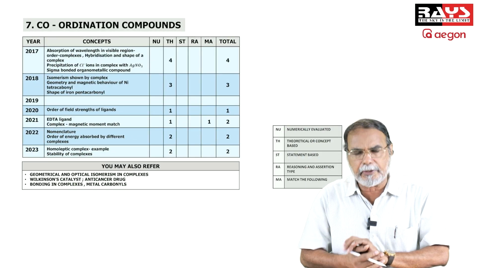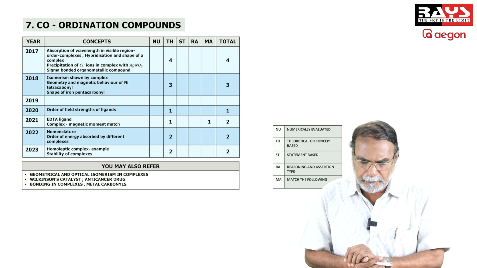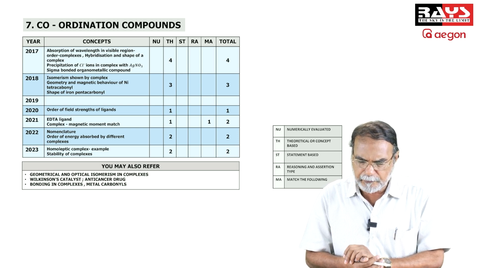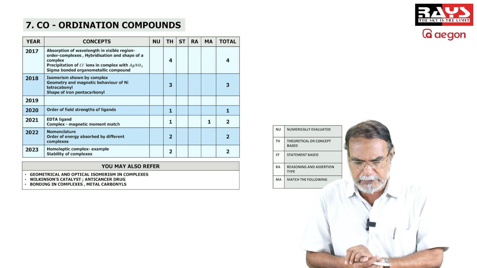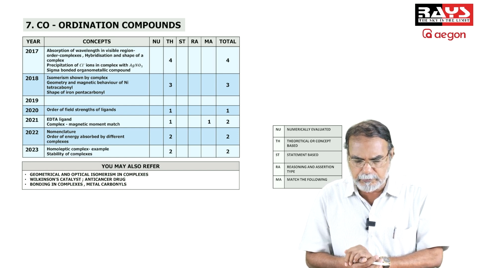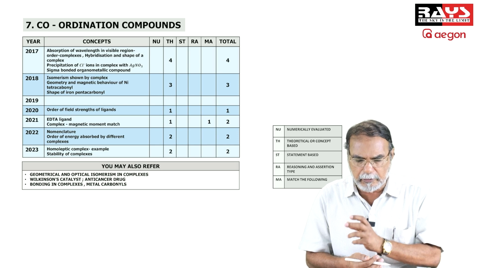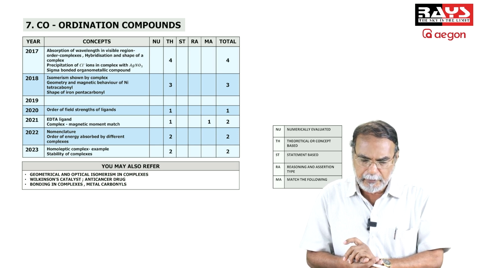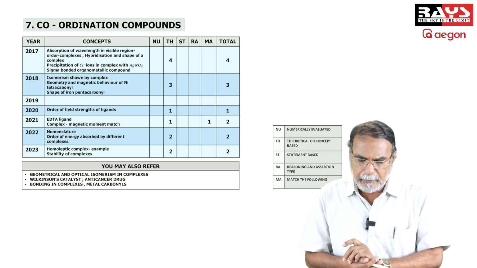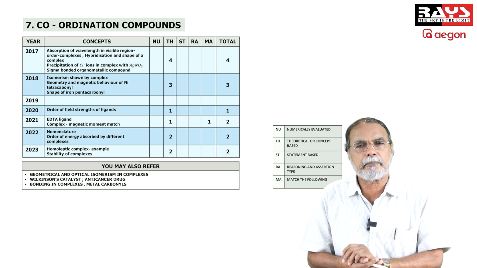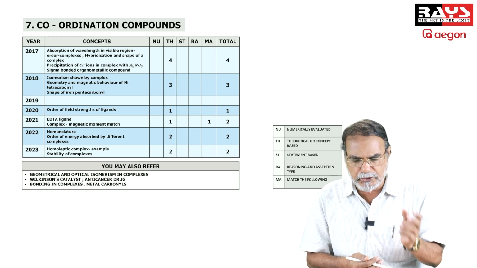And then there are coordination compounds. Again, a very important chapter in inorganic chemistry. But a lot of questions were asked in the previous years. 2017, it was relating to the absorption of wavelength by a complex ion in the visible region. Okay, and then there was a question on hybridization and shape of a complex, and there was a question on the